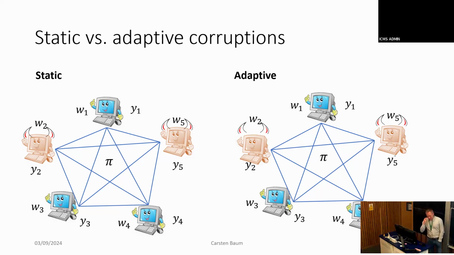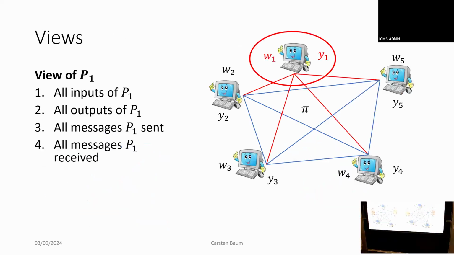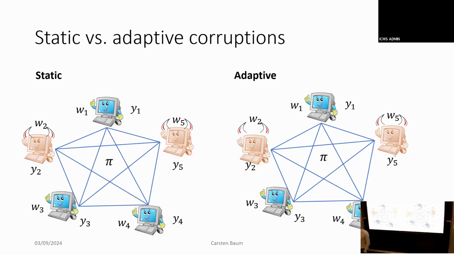So that won't work. And the point is because of how you then actually define security. We're going to get to that in a bit. Because you do this using the simulation paradigm. And if you want to simulate some parties, you need to know who is corrupt and who are the honest people whose behavior you are going to simulate. If you don't have that, there's no way to build a security proof.